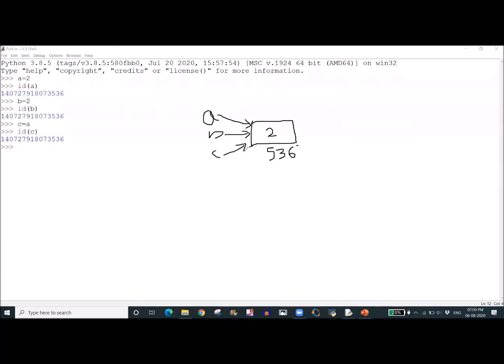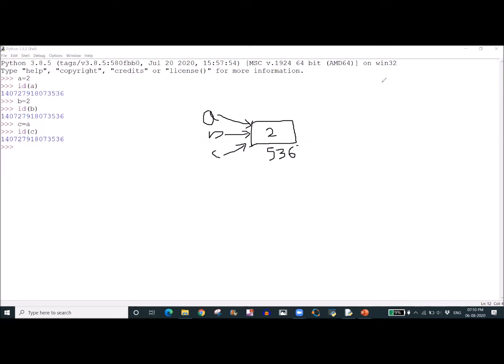So even if we give the value 2 to 100 variables, those 100 variables can use the same memory location. That's why Python is a very memory efficient language. That's why we use Python in deep learning and machine learning, where we have to handle huge data.